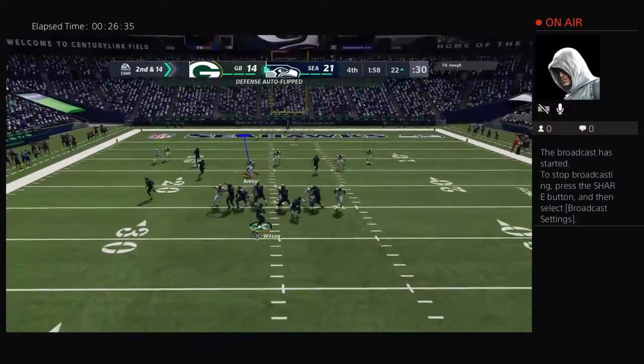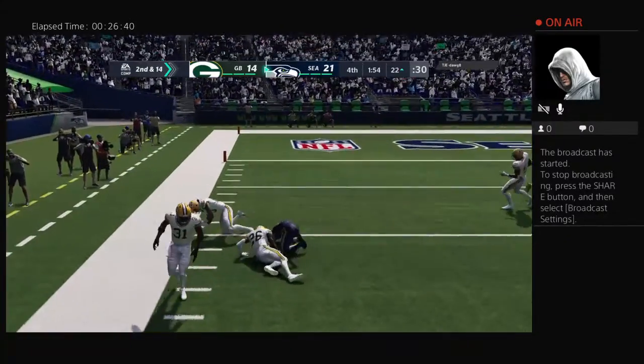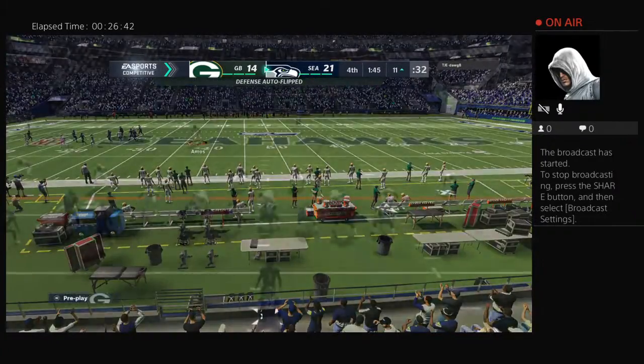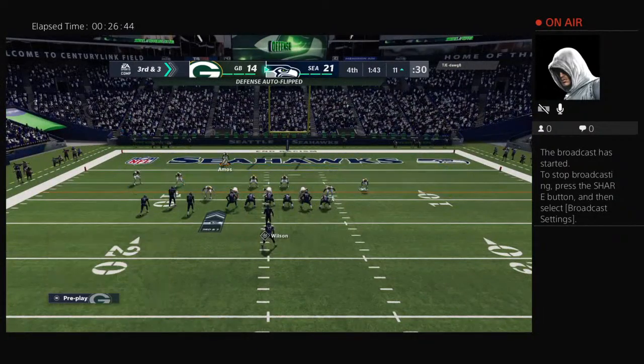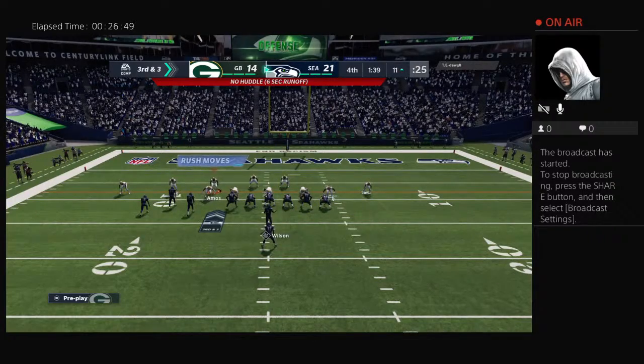And let's see what they've come up with offensively after having time to talk it over. Wilson on target there to Moore. And he's brought down just outside of the 10 at the 11. They get 11 back on that one. It leads to third down. It's now 3rd and